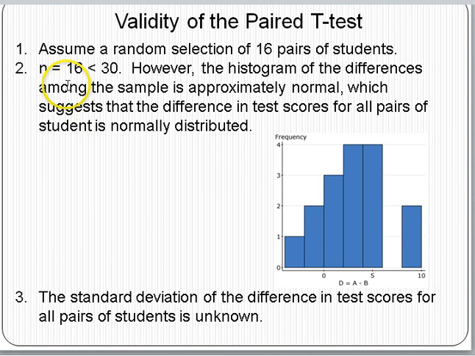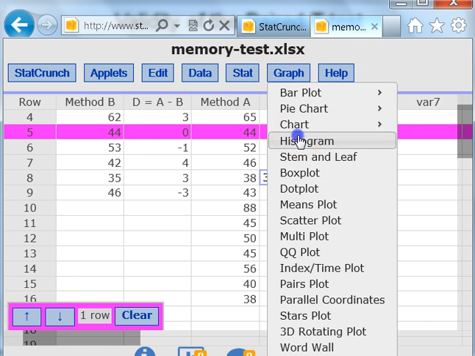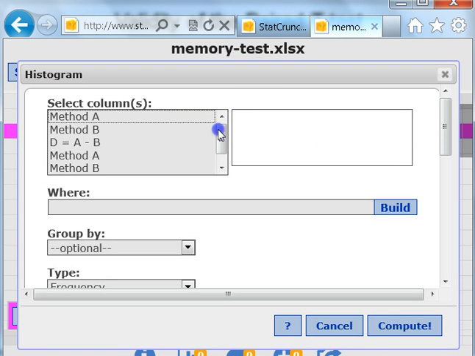For validity, the number of data pairs was 16, which is less than 30. But if I go back to my results and construct a histogram, not on method A or method B, but remember, we are really conducting this test on the differences. So I calculated my differences and construct a histogram of the differences for the second test,